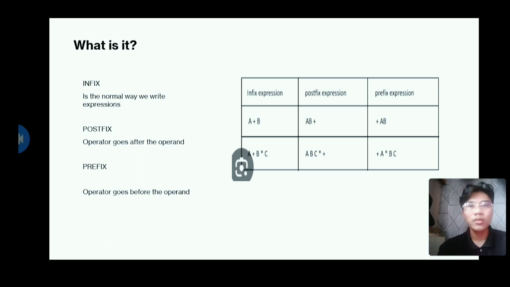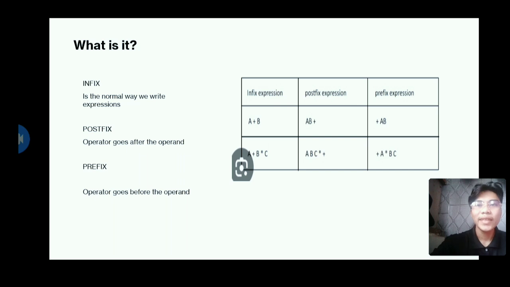So first you need to read the C, because we reversed the expression. C is an operand, so you need to put it in the output, and the stack is still empty. Then the second step: the operator is pushed to the stack, so the output is still C, and then the stack holds